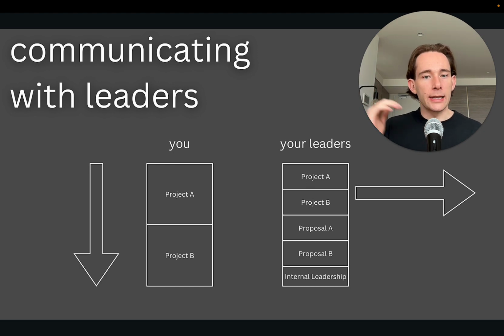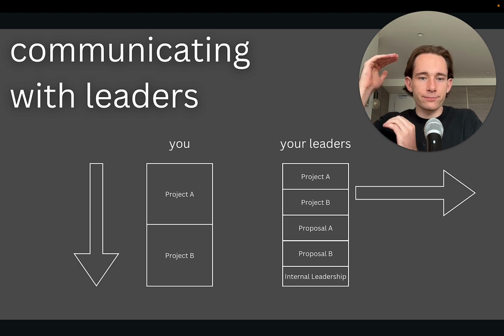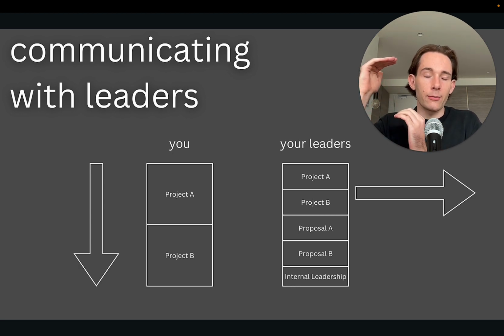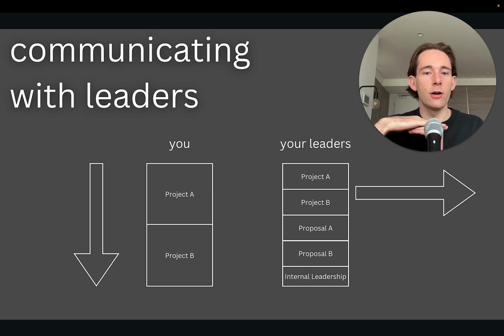What's challenging for the leader is when the graduate or consultant dives straight into the detail. Like I say, when you're a graduate, you're working deep on things. And most of the time, when you are communicating with a leader and you need their help, you almost need to walk them down the staircase to get them down to the level of detail where you have the problem that you need to operate at, right? And why is that? Because let's say you're a grad working on project A and you're trying to solve something.